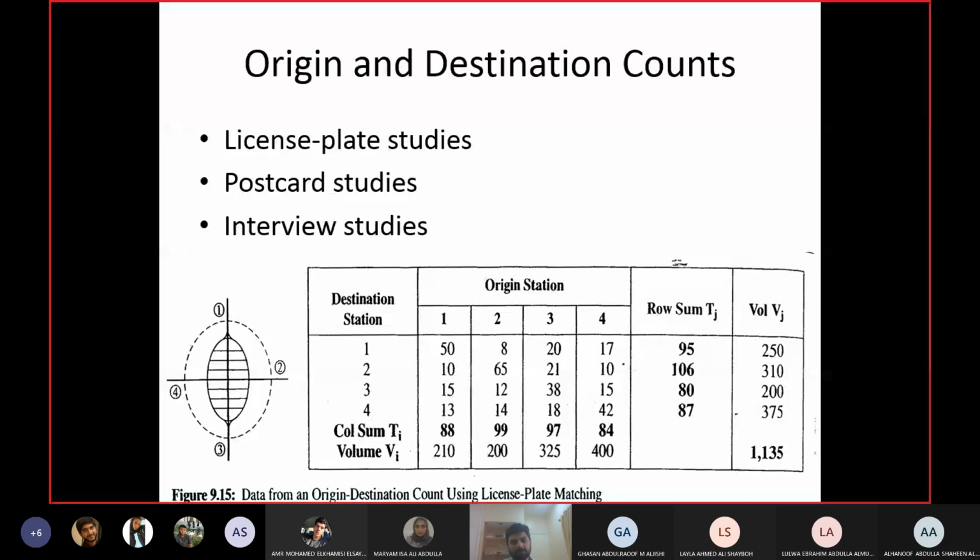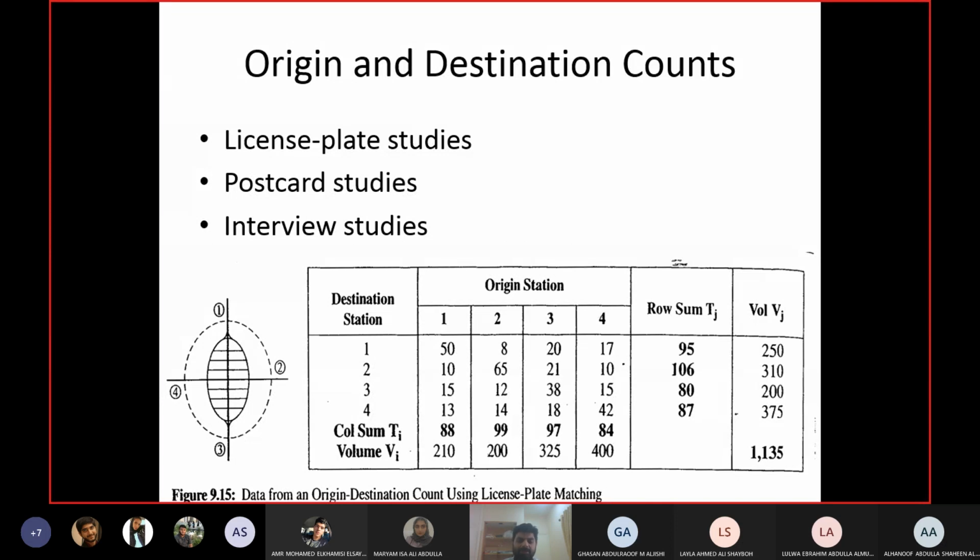Now you will place observers at the entry and exit point of each area, and these observers will record the license plate numbers of the cars which are entering and leaving the area. When a car enters the area, the observer will record that the car with this license plate number has entered the area. And when the car leaves, the observer will record that the car with this license plate number has left the area. Obviously you can have more than one observer at each entry and exit point. There is no limitation on the number of observers. You can take videos as well, or use any other equipment to get the license plate number. It's up to you.